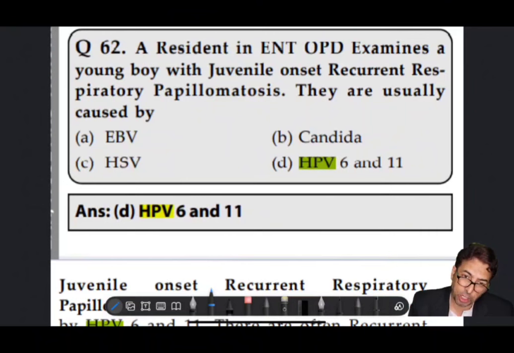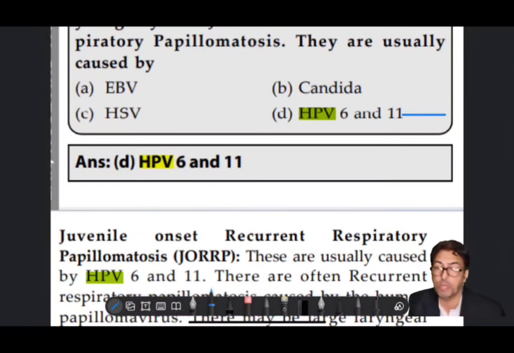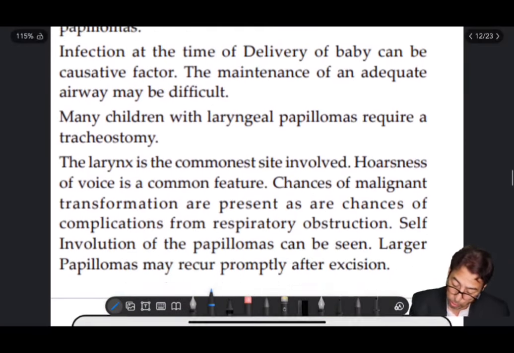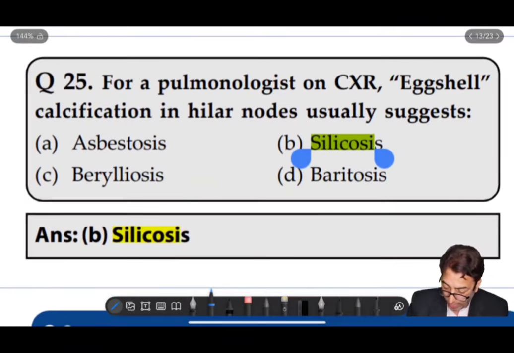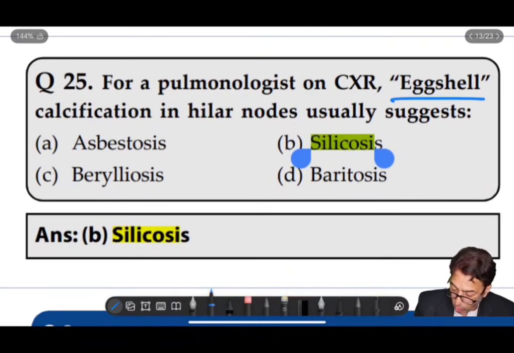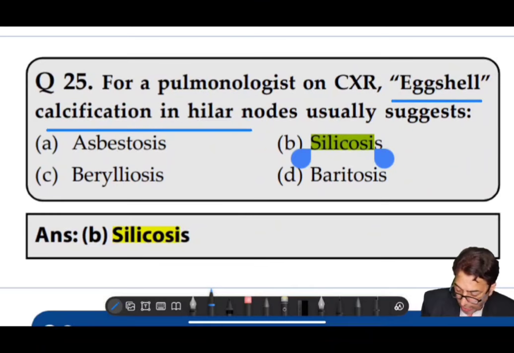HPV, I was mentioning carcinoma cervix, but it was not given as a carcinoma cervix. And then question number 62, ENT, and HPV 6 and 11, also associated with respiratory juvenile papillomatosis. So you have to remember these things, oropharyngeal cancer as well as respiratory papillomatosis. By the way, now eggshell calcification. This is question number 25 in hilar nodes,